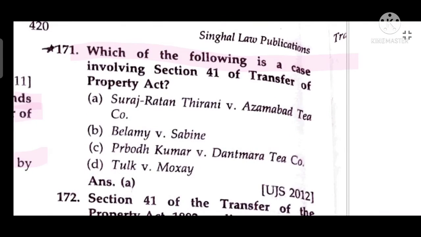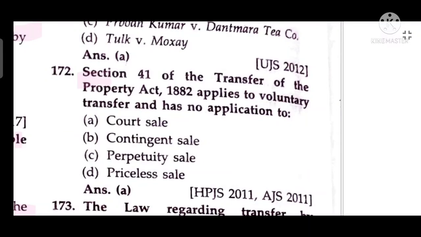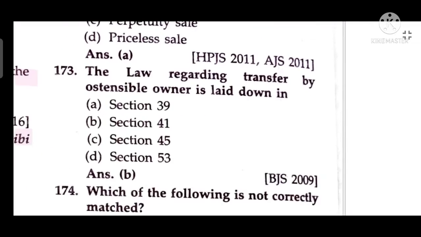In which one of the following is a case involving Section 41 of Transfer of Property Act? Suraj Ratan Thirani versus Ahmedabad Tea and Company. Section 41 of the Transfer of Property Act 1882 applies to voluntary transfer and has no application to court sale. Section 41 regarding the transfer by ostensible owner is laid down in